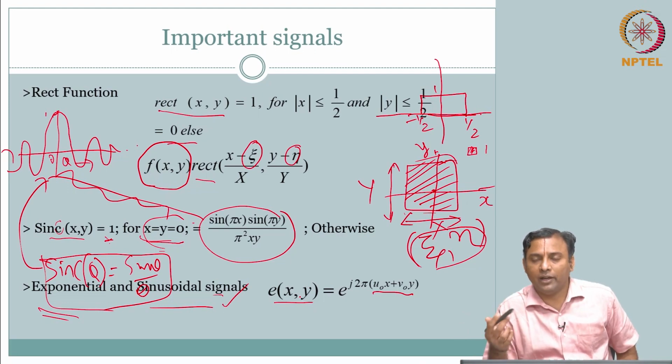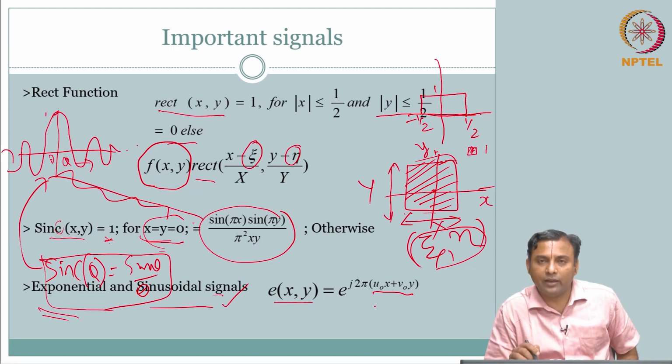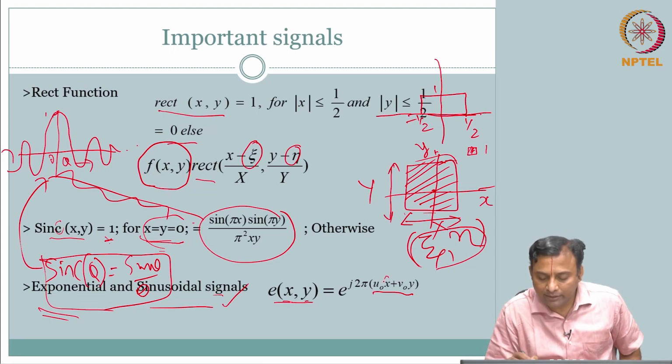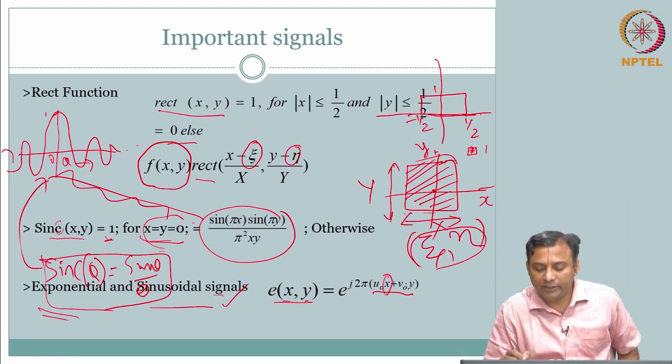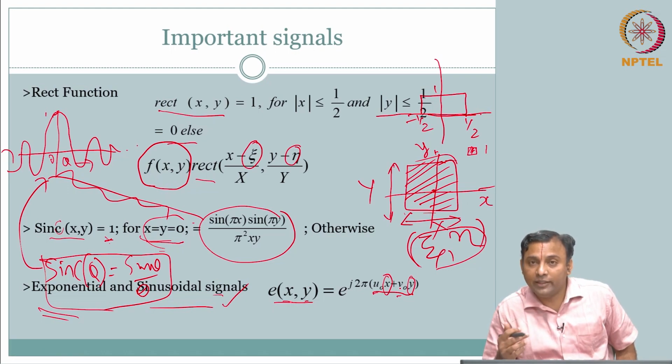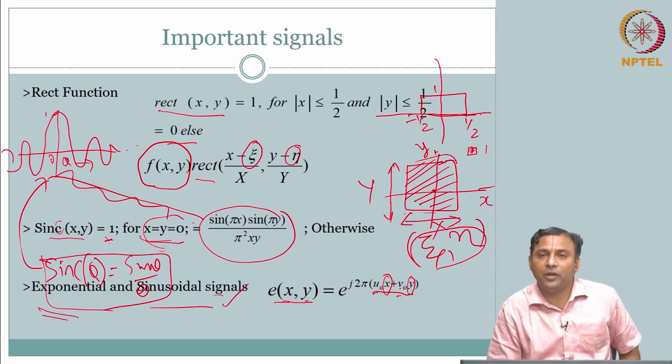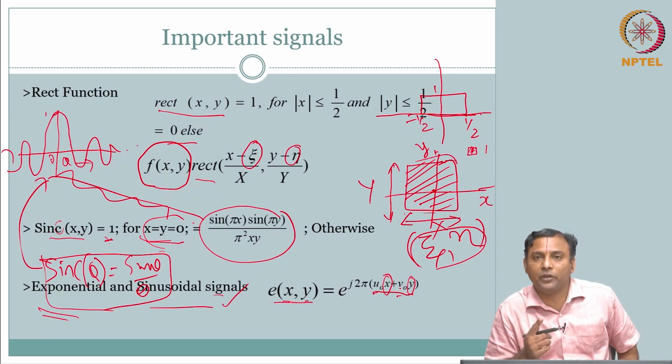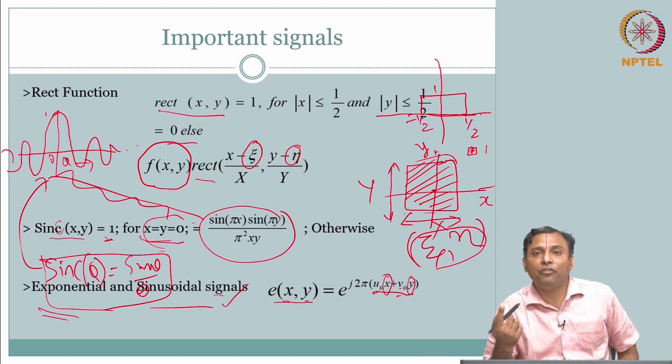So, you would have already seen that, right. So, if you extend that to here analogously, instead of t you have x and y, instead of 2 pi f t, t is replaced by the spatial variables. So, what should u naught and v naught correspond to? It better correspond to an analog of whatever you had in your one dimension, what you had, f t, f is a frequency.